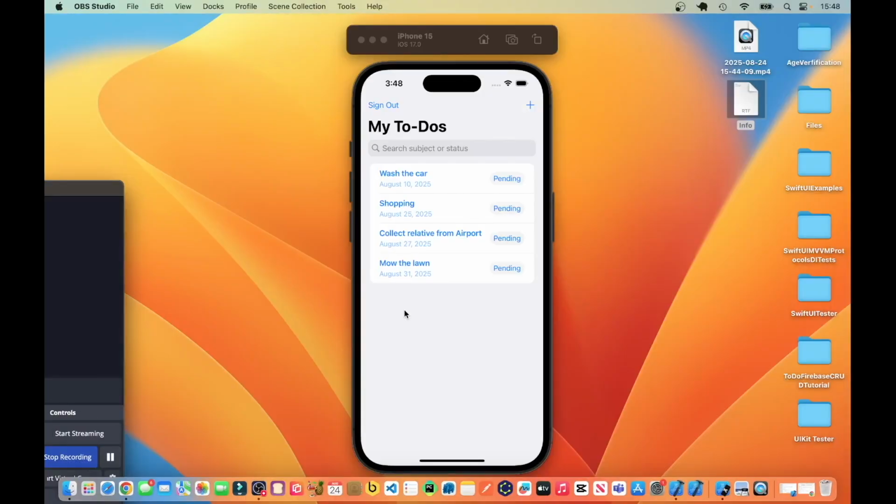We can also delete the to-dos from the Firestore database by swiping. So if we wanted to delete one of the to-dos, we just swipe and click on delete, and then that record will also be removed from Firestore. And we can update the to-do as well. If you want to set one of the to-dos to complete,